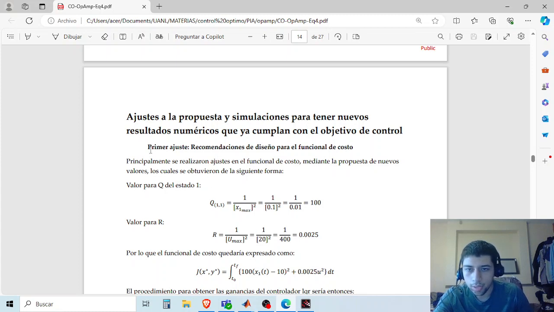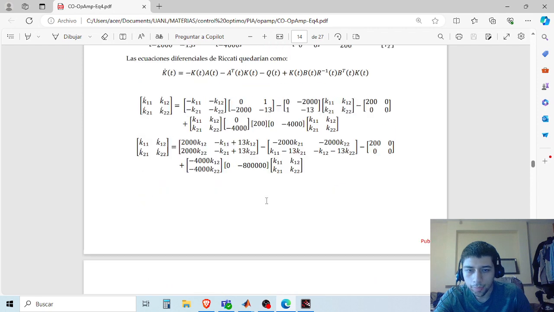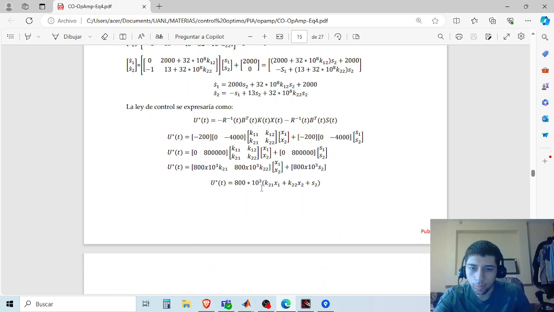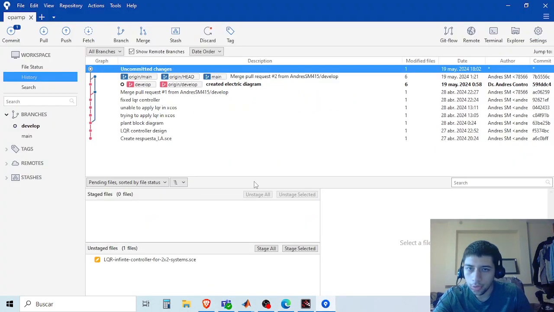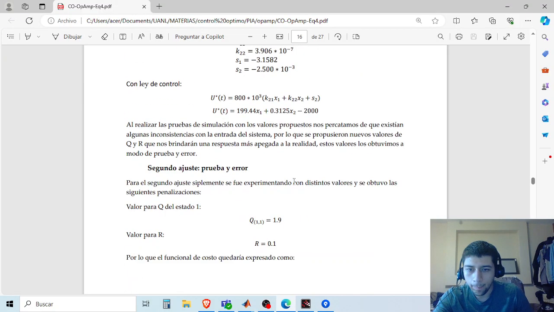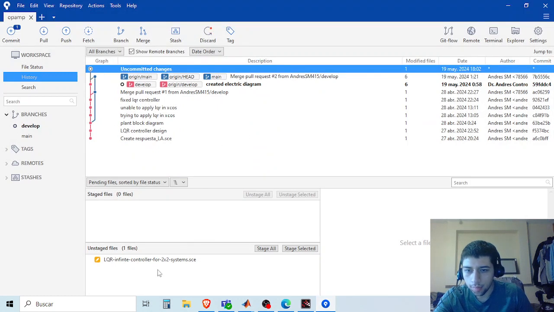So the first method, which was proposed in the literature, in the documents provided by the professor, they talk about this method. So we did it, but still it doesn't give us a proper control law. So we made a second iteration. This method is just by proof and error. So just let me reset the code